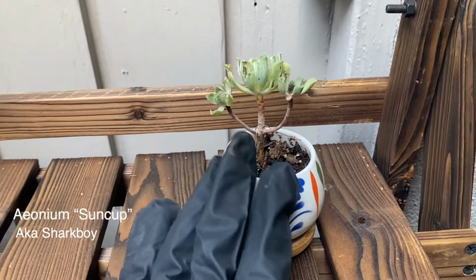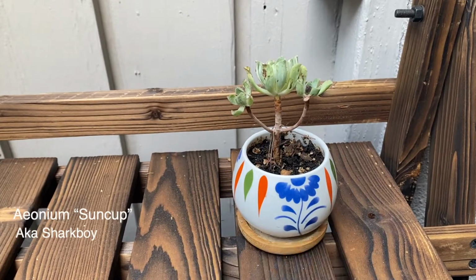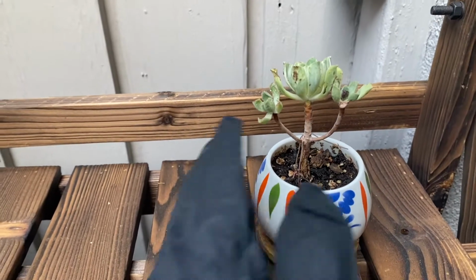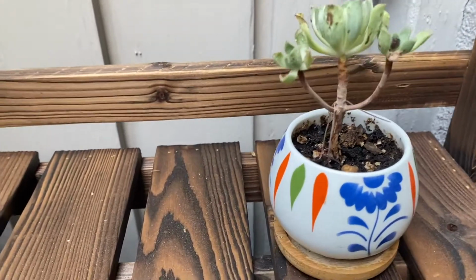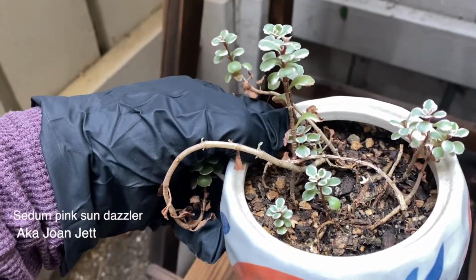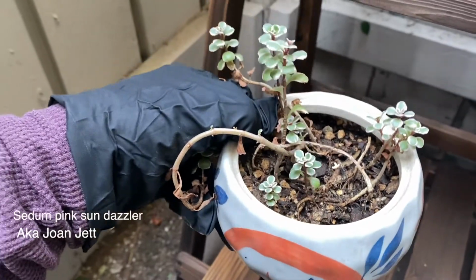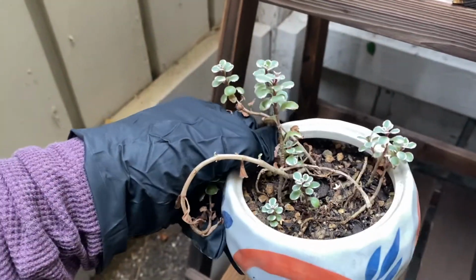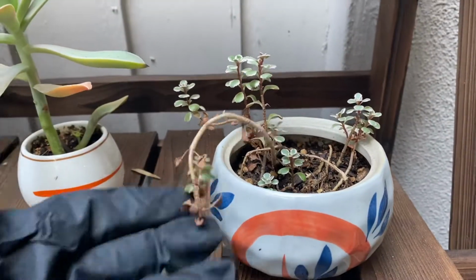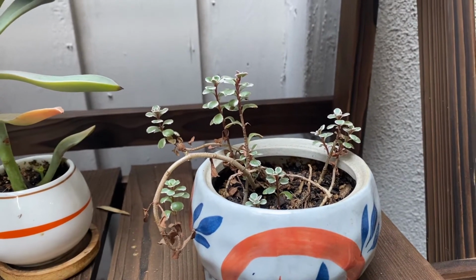This one was Shark Boy and Lava Girl. There was a small little red one, that was Lava Girl, and this one was Shark Boy. He has been sprouting, still going strong, but you guys can see the roots, so I'm gonna repot him too. This one is Miss Joan Jett. She has been struggling a little bit. It's been pretty hard because she's the one that got burnt the most, so she suffered the most in the heat wave. This one I'm gonna try to figure out what to do with her. Maybe order another